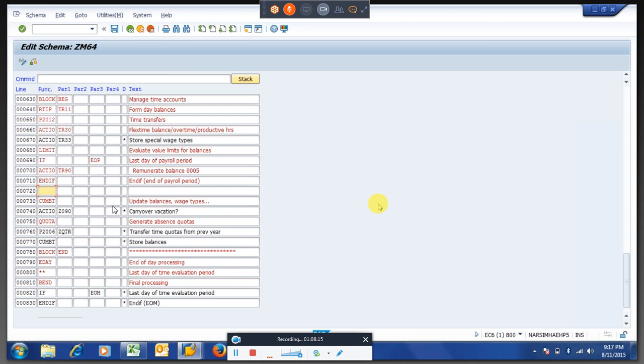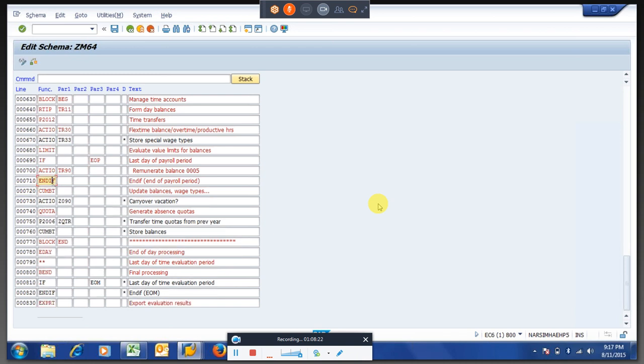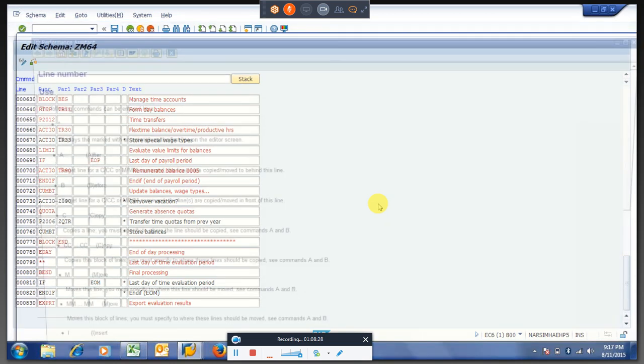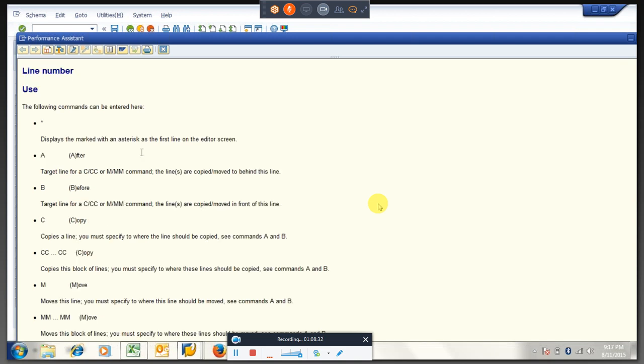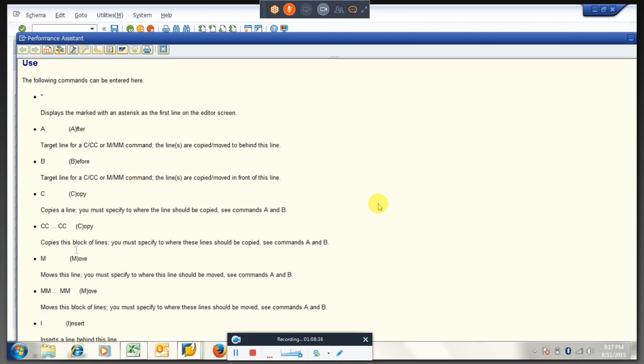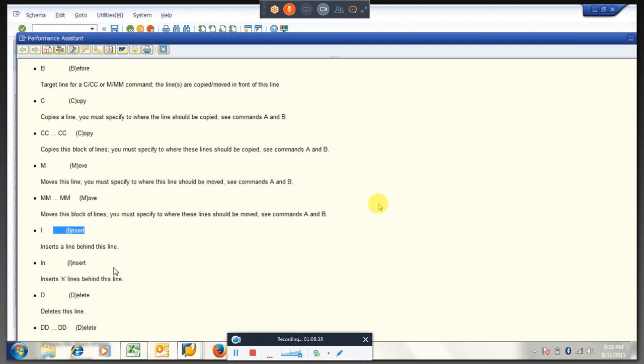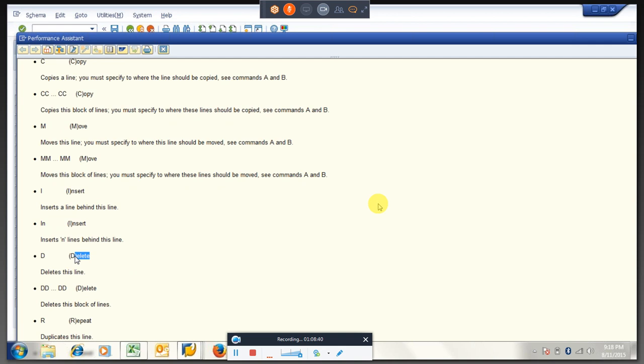Okay, so I think you should know this. See, I think here somewhere you will get the documentation. See, all this stuff is there in the documentation. Why am I entering I? I stands for insert. D is for delete.